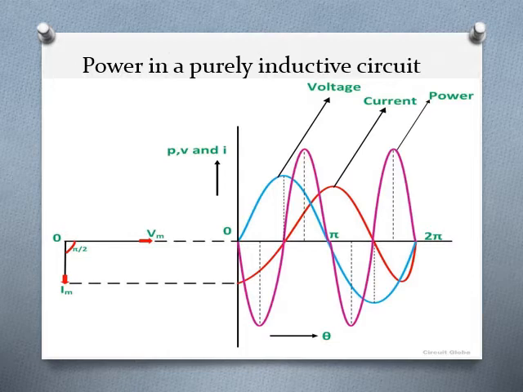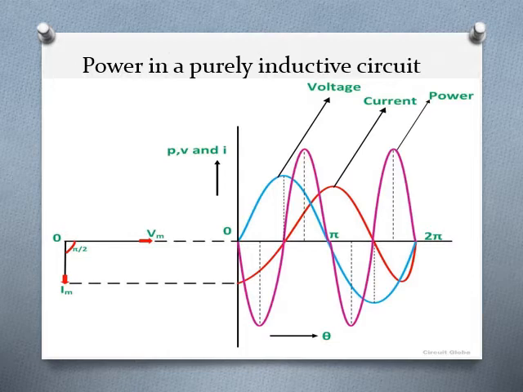Now let's discuss the power in a purely inductive circuit. Here the three waveforms, voltage, current and power, are shown in three different colors. The voltage starts at 0, reaches its maximum value at 90 degrees, then comes to 0 at pi and goes on. But the current, unlike the purely resistive network, does not start at the 0 instant, because there is